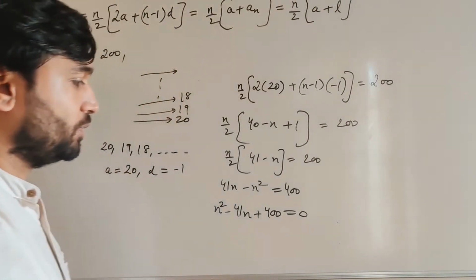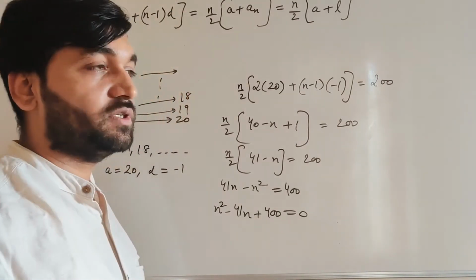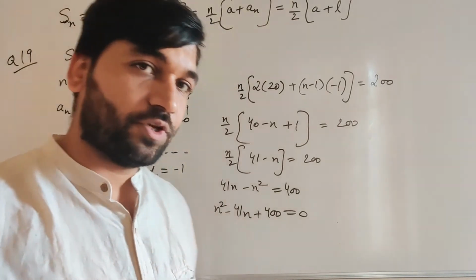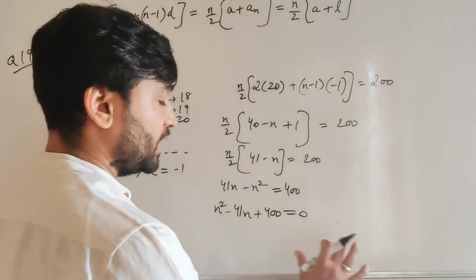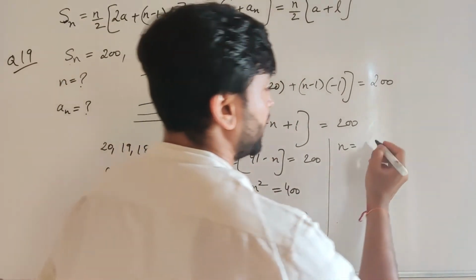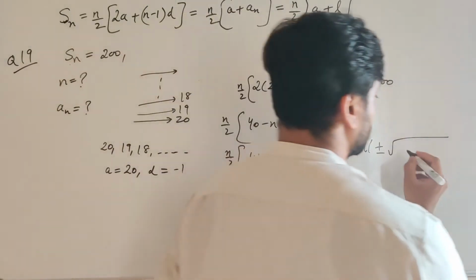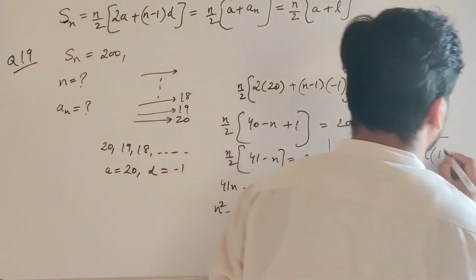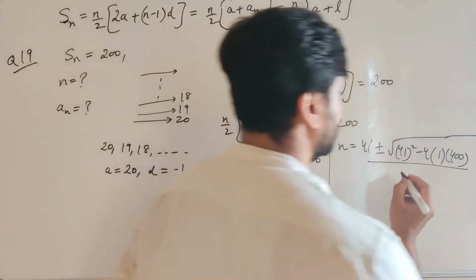So here in this, maybe we'll use the quadratic formula method. So quadratic formula, how do you get the answer? x is equal to minus b plus or minus root of b square minus 4ac by 2a. This you learn in the chapter quadratic equations. Okay, so here I'll directly use the formula. I'll write it down here. n is equal to minus b, so minus 41 will come plus 41, plus or minus root of b square. So b is 41, so 41 square, b square minus 4ac. a is 1, c is 400. Whole divided by 2a. So 2 into 1, which is 2 itself.